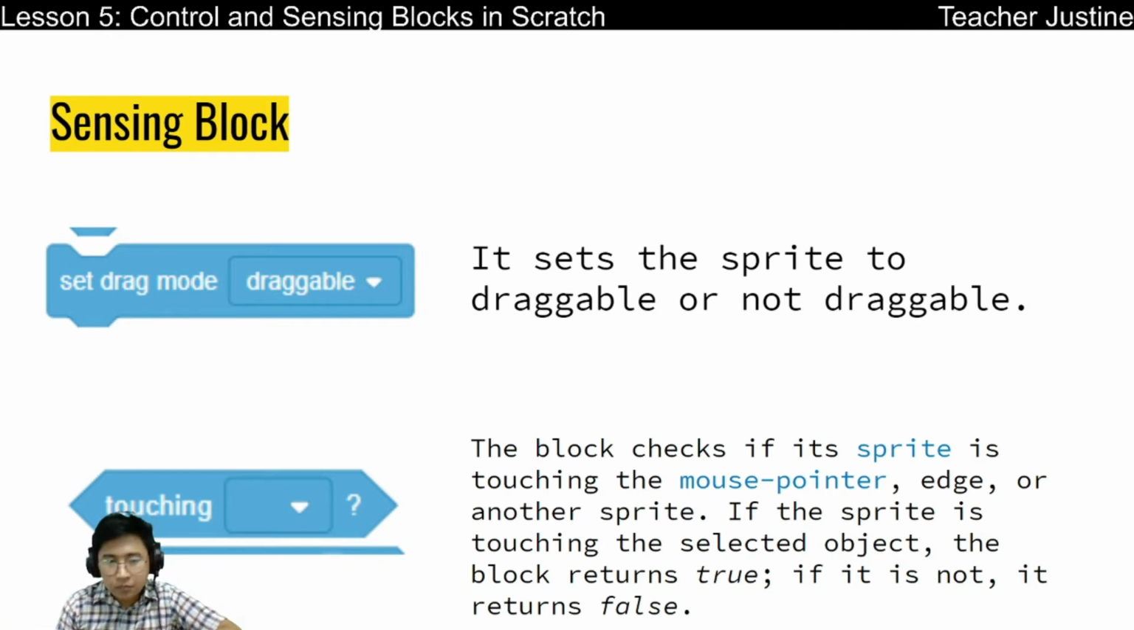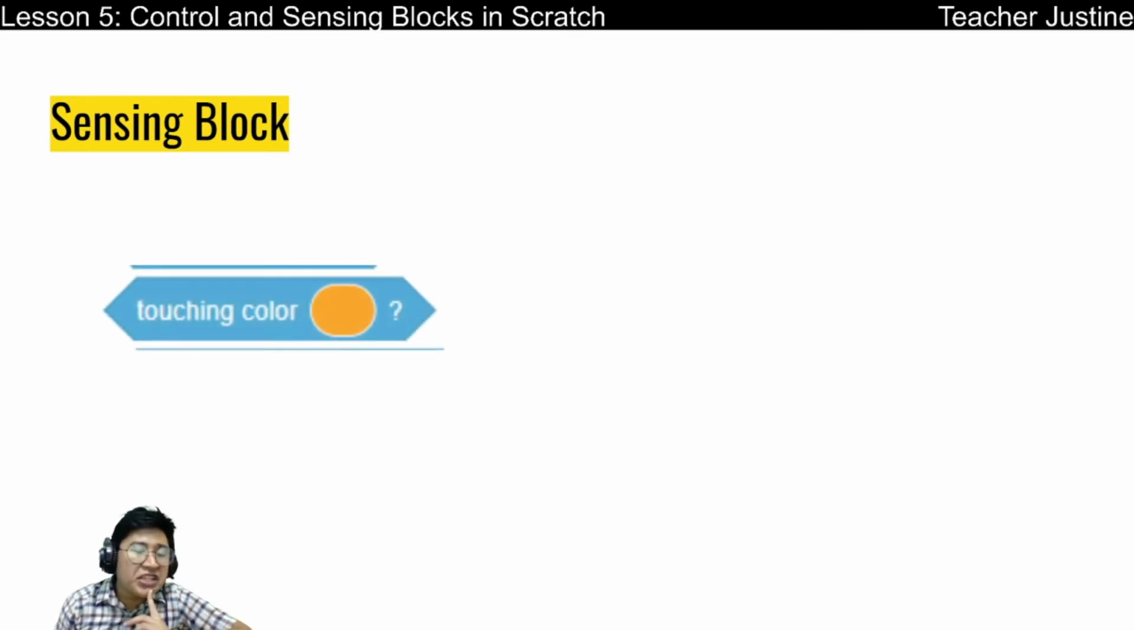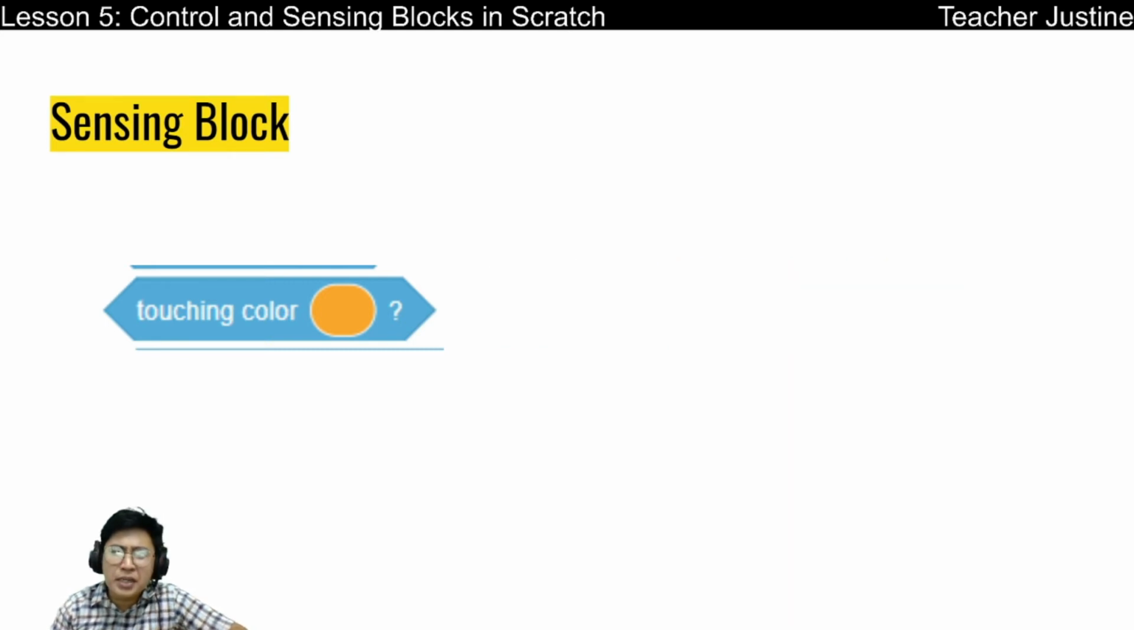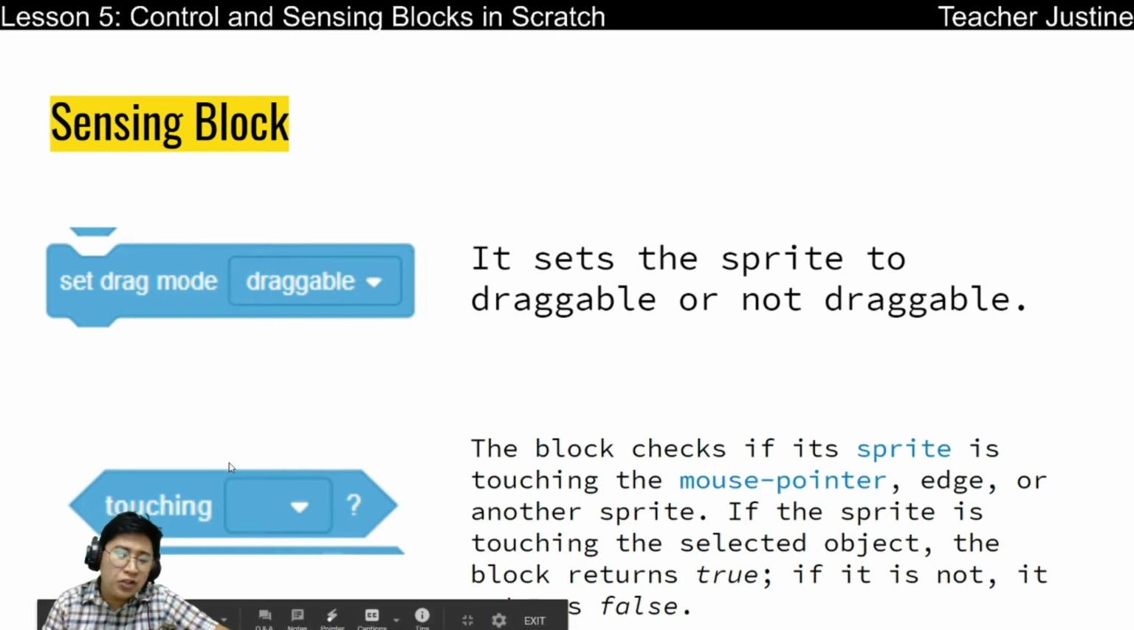Okay, so that is touching. So next is touching color. So this block checks whether its sprite is touching a specified color. If it is touching, the block returns true. It's the same with this touching here, but the difference is if you use this touching, you can just